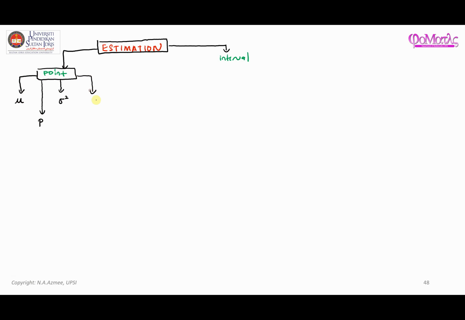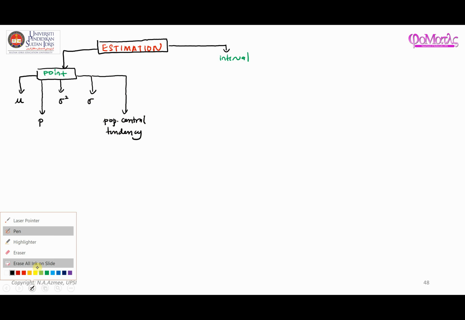What is the point estimation for the standard deviation of the population? And we also have discussed the point estimation for population central tendency. I'm just picking up one example here. And the answer to all this is